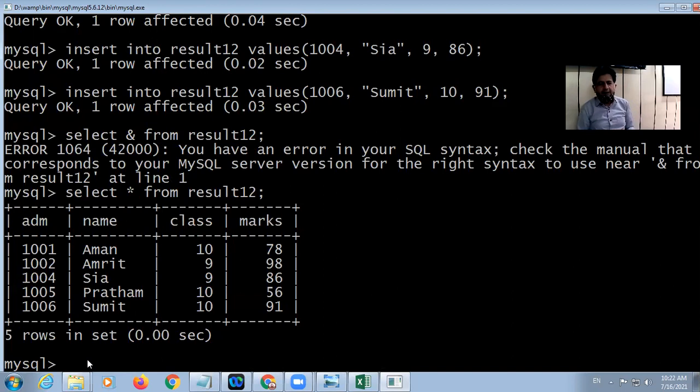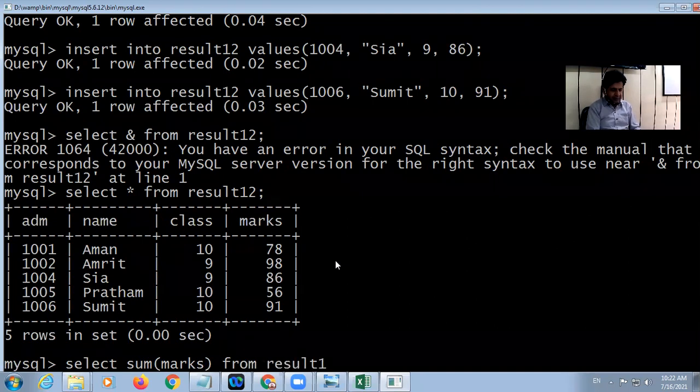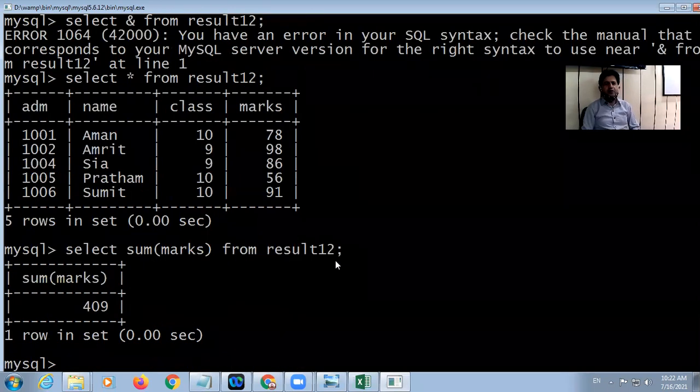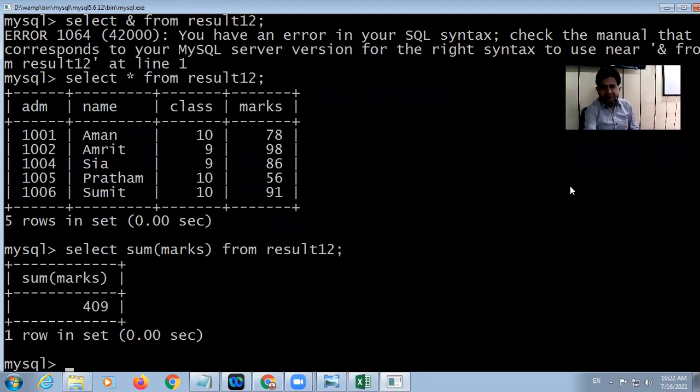Okay, students. Now on this table, we can apply some aggregate functions. Aggregate functions, beta, are those that return a single value. Look at here. Select sum marks from result 12. So the total is 409.